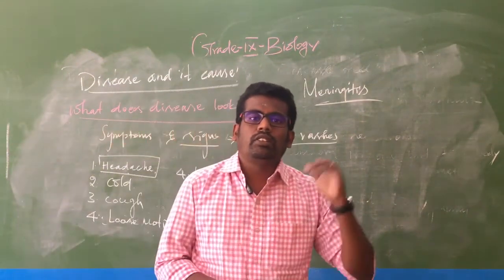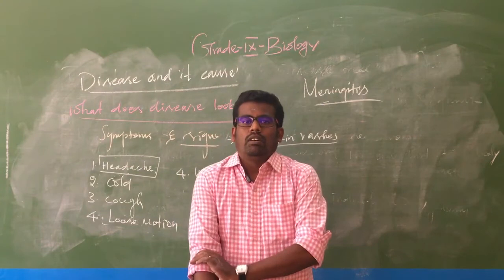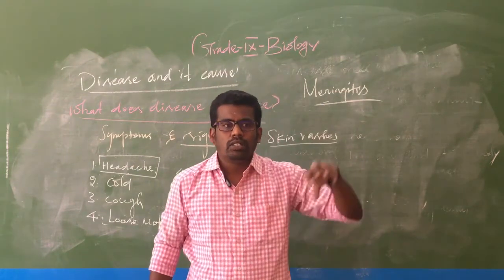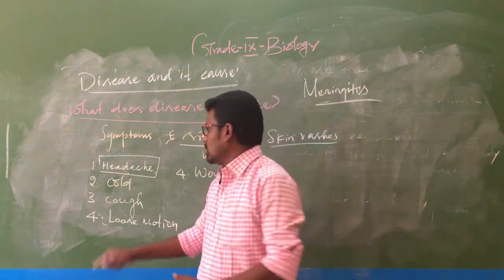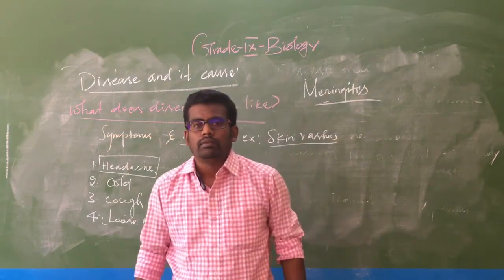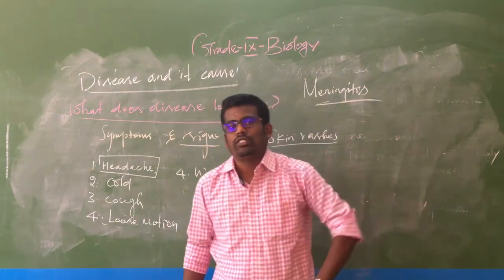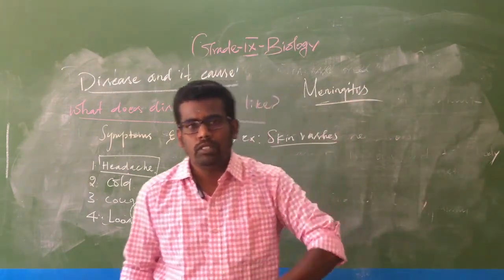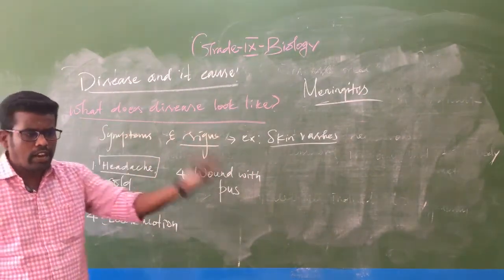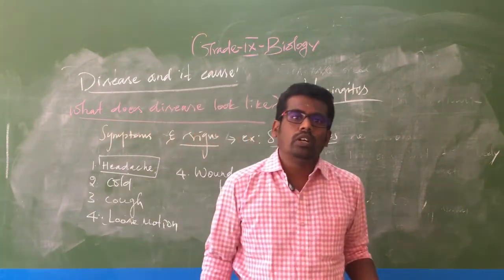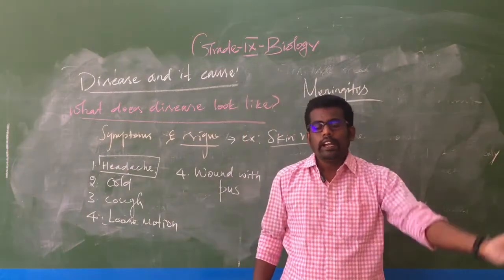If the brain does not function because some microbes disturb its function, what will happen? The first symptom is headache. So not every headache is considered meningitis. The major symptom for meningitis is a headache, but if we have a headache, we cannot conclude we have meningitis,